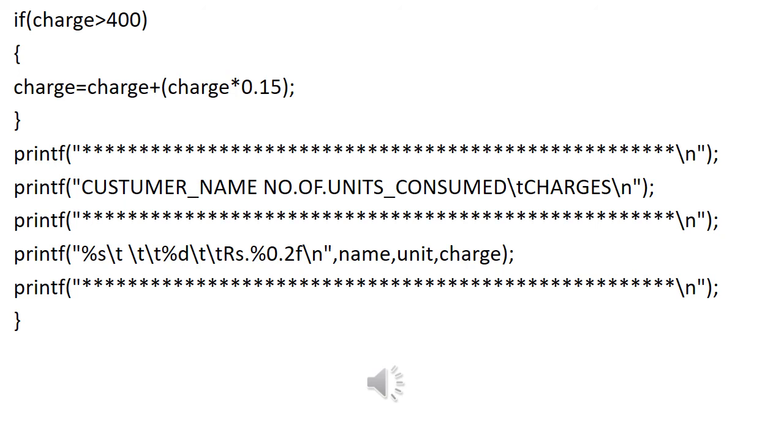Now you run the program and execute it with different inputs, that is name and number of units. Try all cases. Also you should try to find the output for the additional charges. Once you get the output for all those things, I will attach the sample output in the next slide. You have to execute it. Once the execution is proper, write the algorithm, flowchart and program in the observation as well as in the record. Date you can write later.